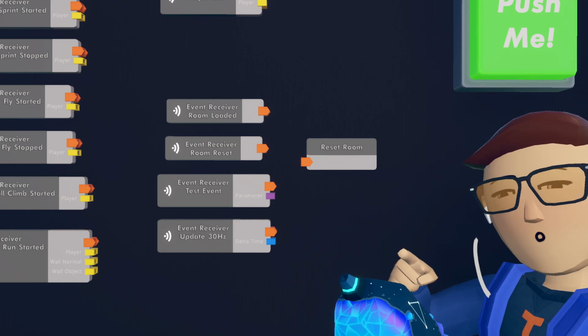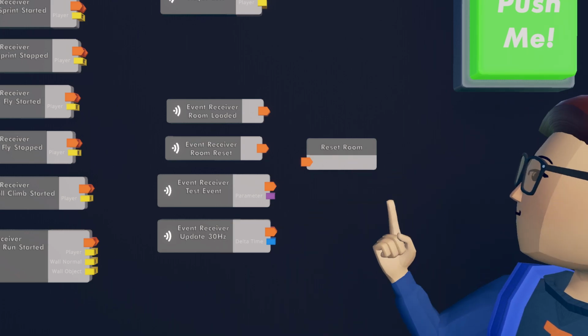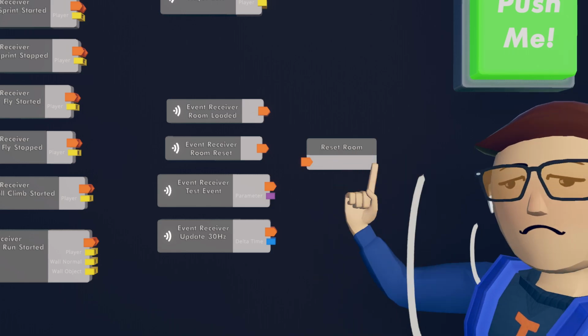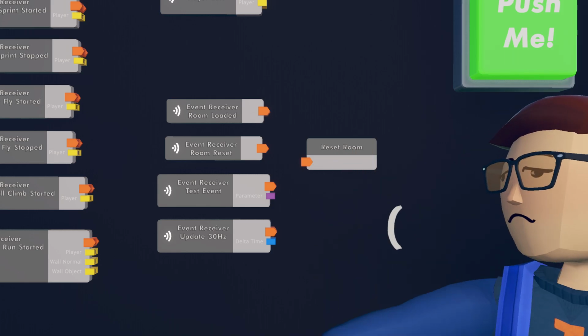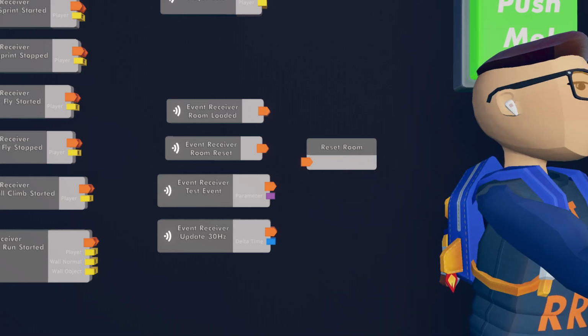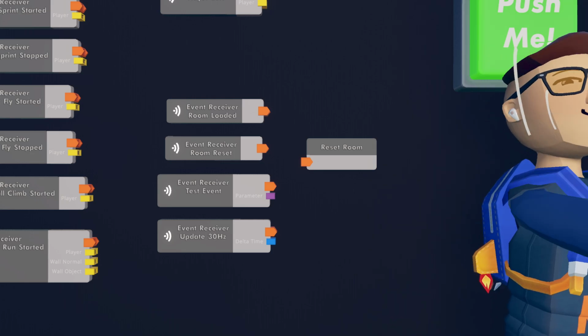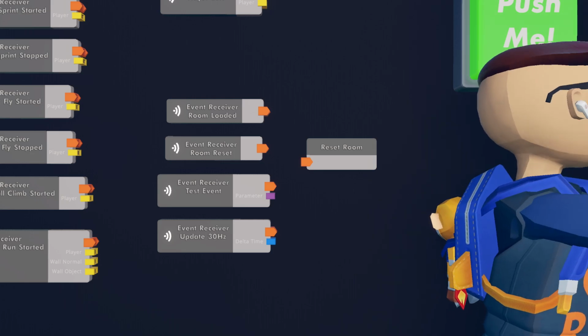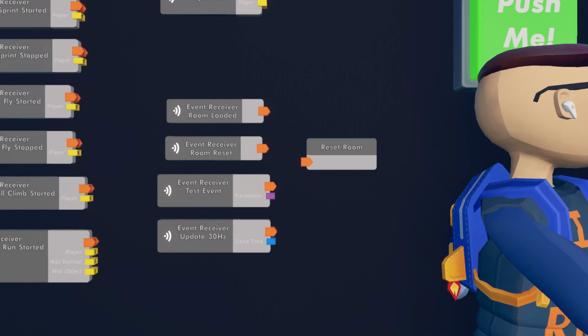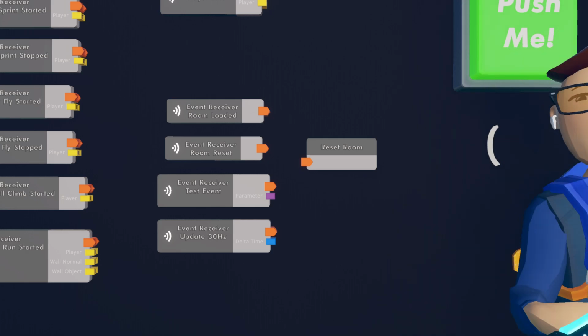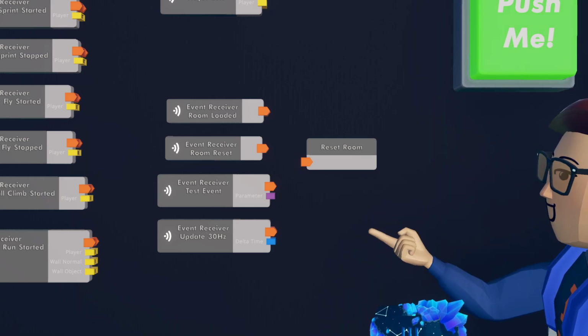There's also, while we're talking about room reset, a reset object chip, whereas this will reset every object in the room and every circuit. You can also reset specific objects. So if I just wanted to reset this beacon, for example, I would use the reset object chip and wire the beacon reference into that, and I could just reset the beacon while everything else would be the same.